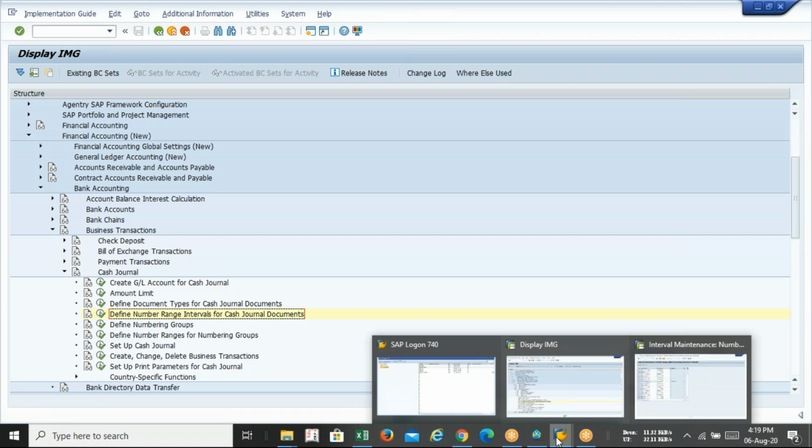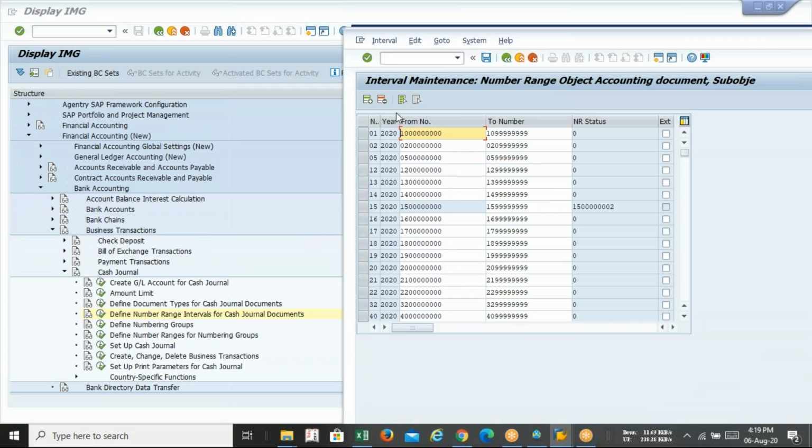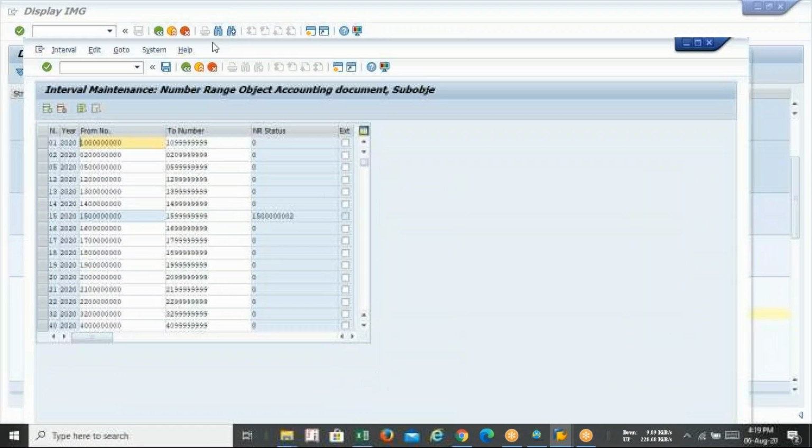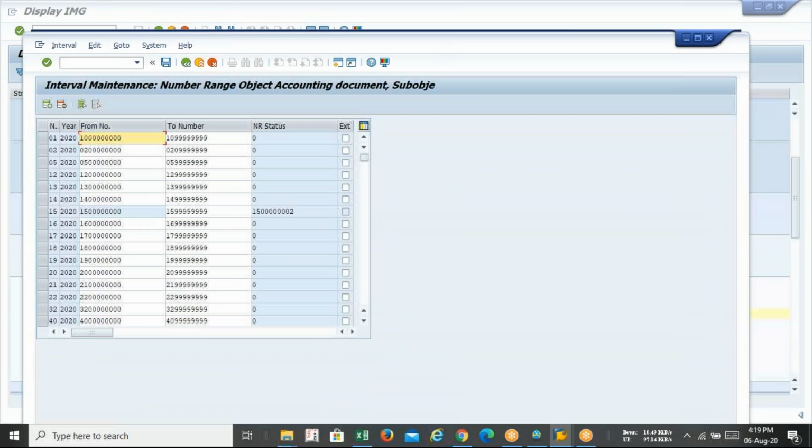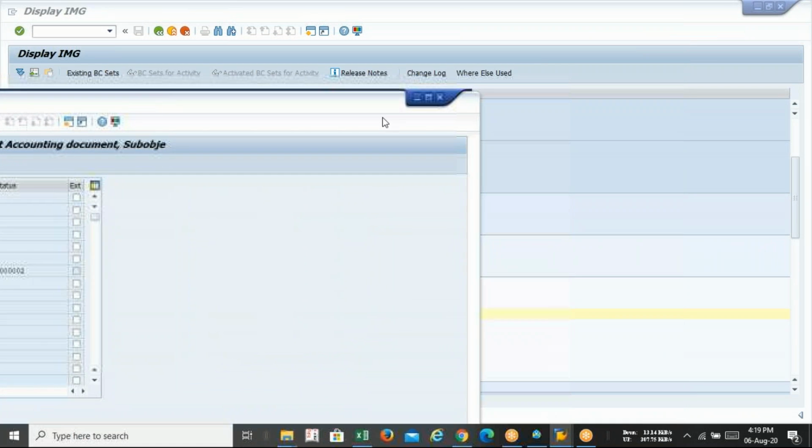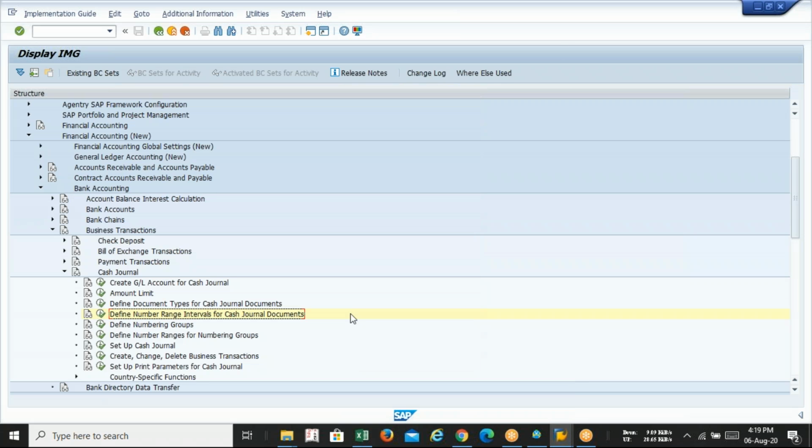I think you can identify the difference between FBN1 and the cash journal one. In the cash journal, no fiscal year will be required for the number range. This is another feature. Understood?